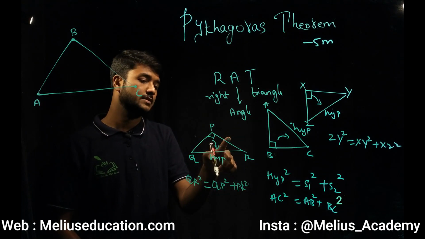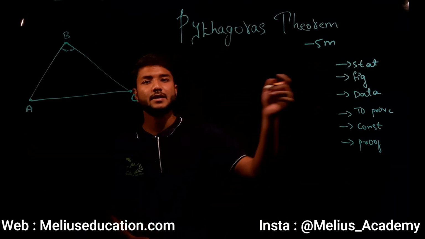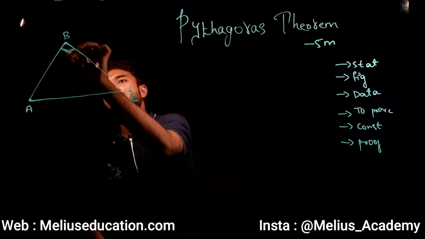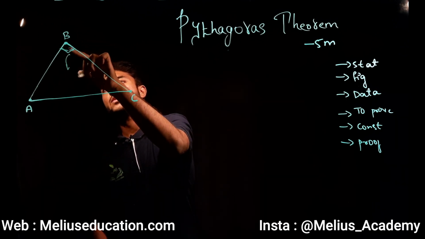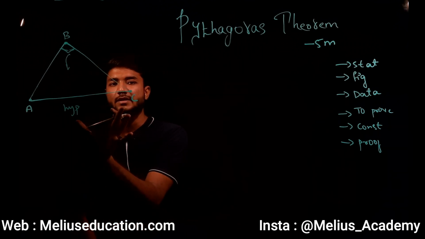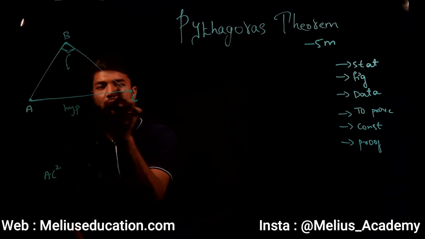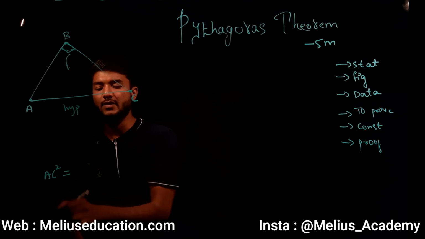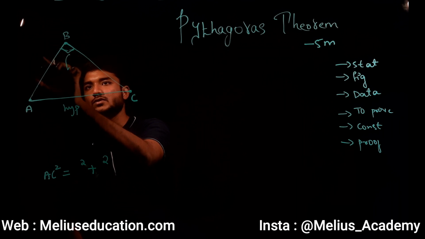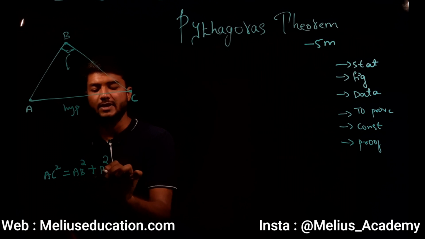Let us prove Pythagoras theorem using these 6 steps. So let us start with figure. Let us consider a figure, a triangle ABC, right angled B. So it is L shaped here. So opposite to L shape, that is opposite to 90 degree, this side is called as hypotenuse. So basically we will apply Pythagoras theorem here. Square the hypotenuse. AC is the hypotenuse. Square the hypotenuse, and that will be equal to the sum of squares of other two sides, AB and BC. AB is the first side and BC is the second side.